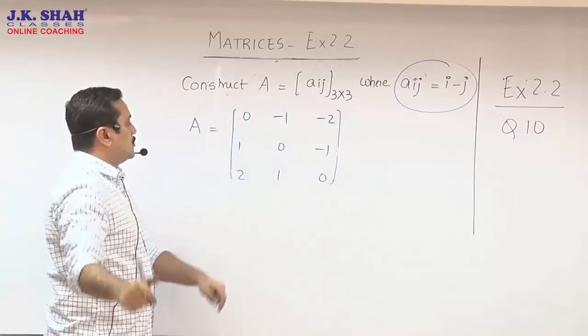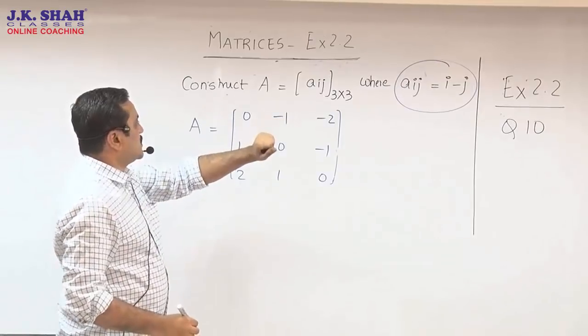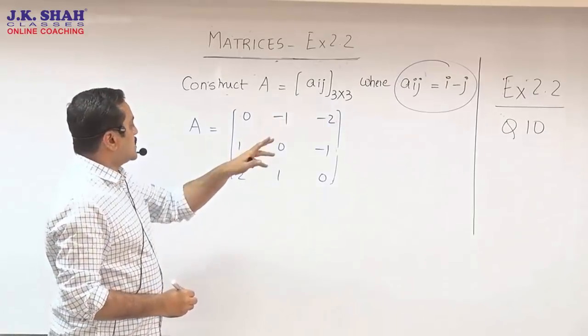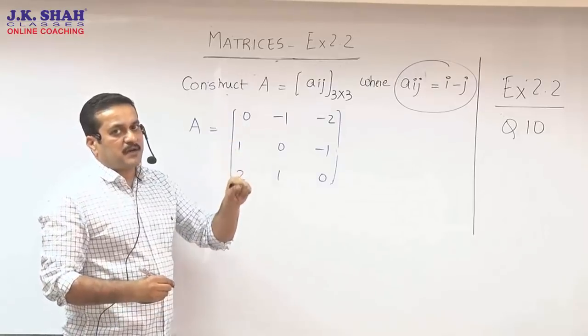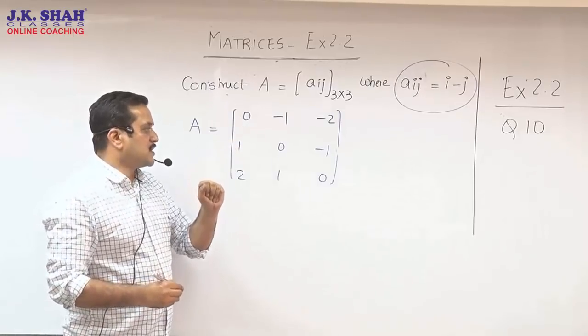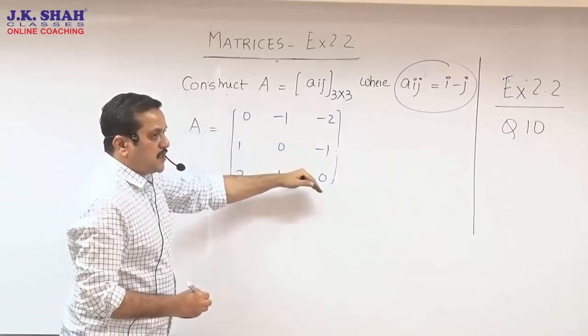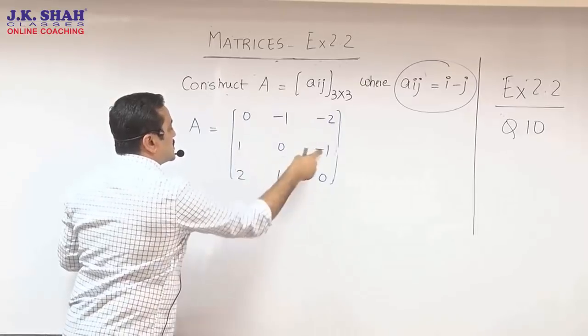Hold on. I can smell something over here. That is why they asked me something more in the question, which I have not written in the question right now. They asked me, after constructing the matrix, identify whether the matrix was a symmetric matrix or a skew symmetric matrix. Now, if you are looking at it correctly, the diagonal elements have gone 0, and if you see across the diagonal, they are same, but signs are opposite.